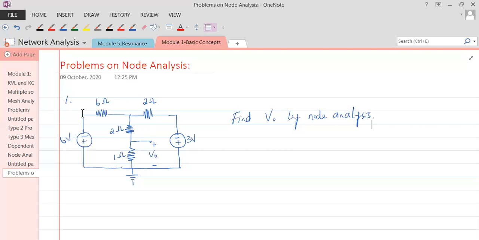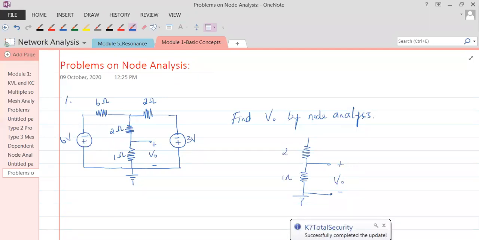See, this is one branch. This is branch 2, with 2 plus 1 together. Let's not bother about this particular terminal. Let me just tell you this, everybody look at this. Just to solve your confusion, if you have 2 ohm and 1 ohm, then this comes out, and they are saying plus or minus V naught, across 1 ohm.